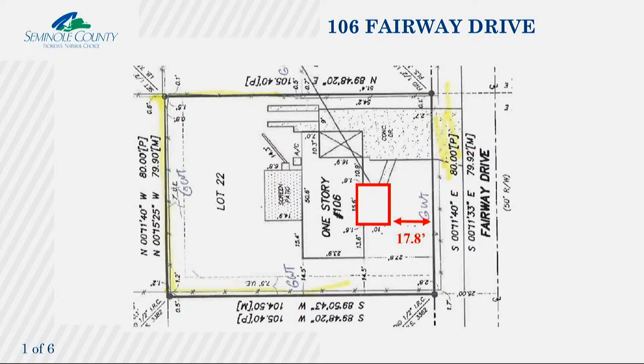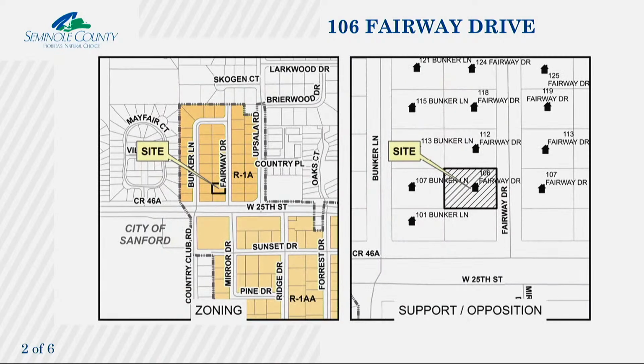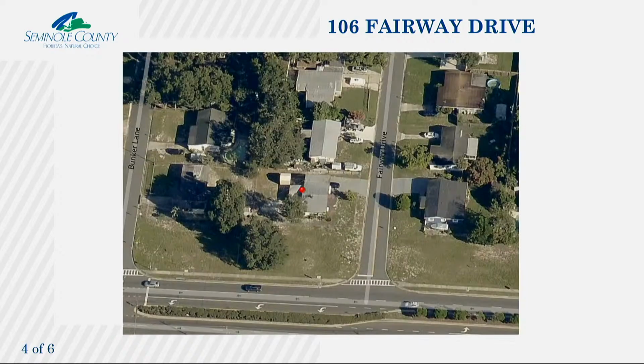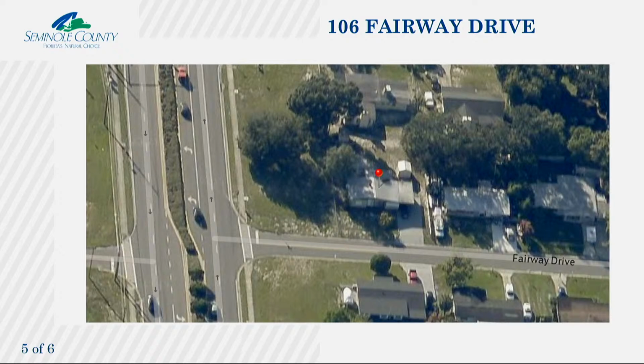Item number 8 is a variance request for 106 Fairway Drive located in the T and Green Estates subdivision. The request is for a front yard setback reduction from 25 feet to 17.8 feet for a front porch addition in the R1A zoning district. The request is to construct a 10-foot by 16-foot screened-in front porch addition, 7.2 feet into the front yard setback. There was a front porch there, and it's unknown when that was constructed. The house was constructed in 1960. I'm not sure if it was original to the house or what, but it was 17.8 feet from the front property line. This concludes my presentation.